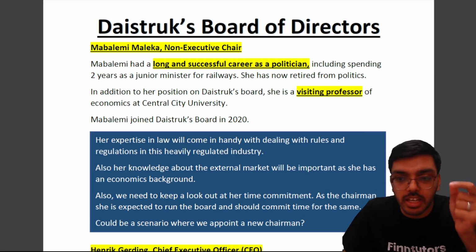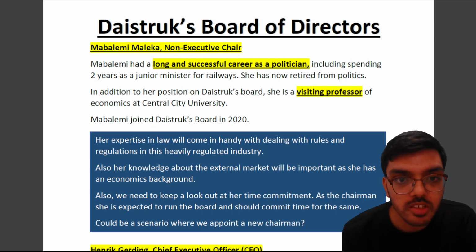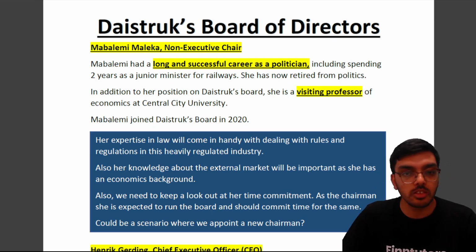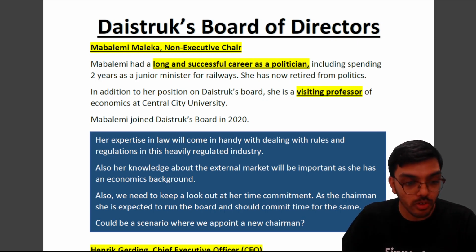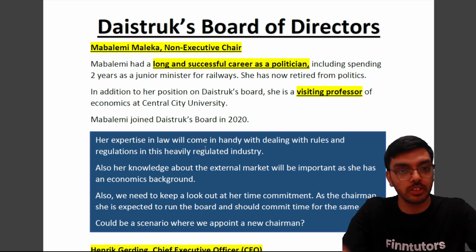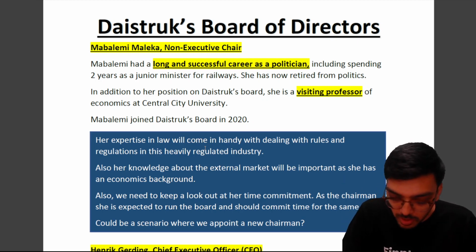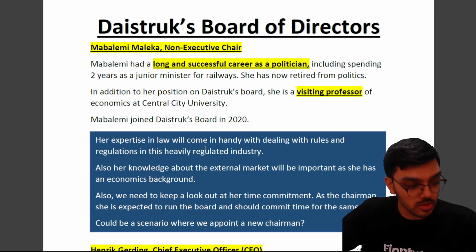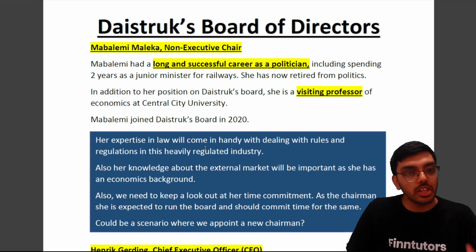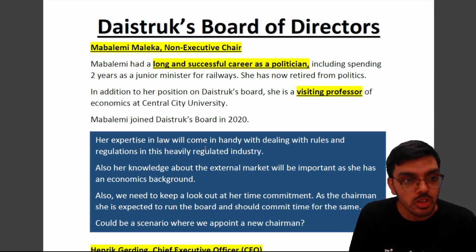as that will add integrative marks. So Mabalemi had a long and successful career as a politician, including spending 2 years as a junior minister for railways. So obviously she will know all the rules, laws, regulations relating to railway in Roundland. That can be a great comparative advantage for my business, that I have such a valuable wealth of experience on my board. So anything related to railway transport or politics or rules or regulations, you can use her name in your answer,